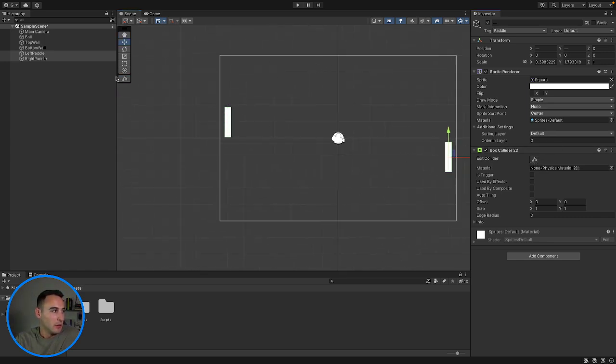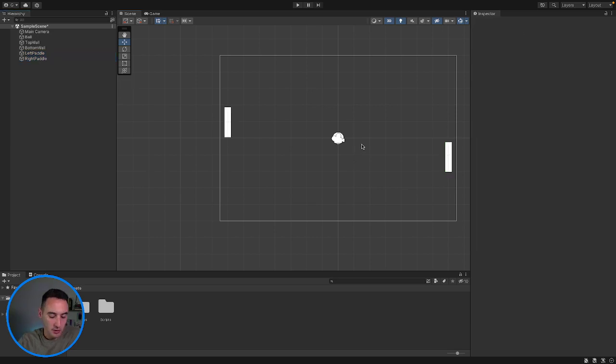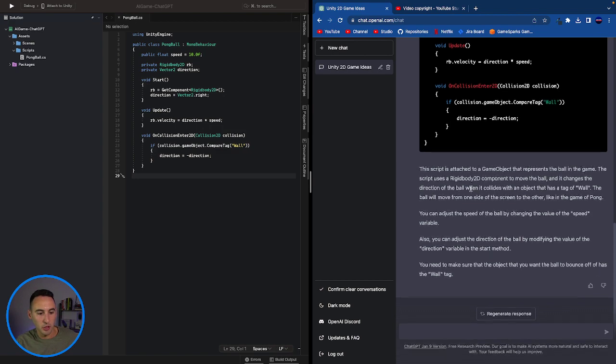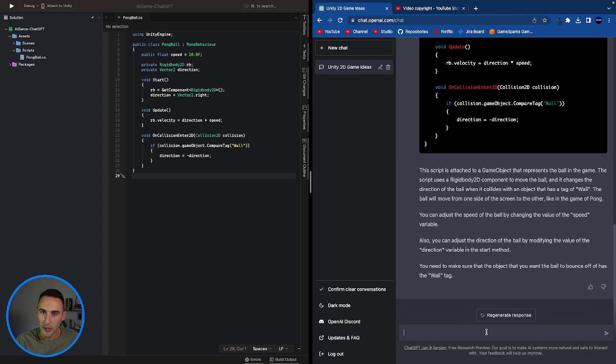So now what we need to do is go and ask ChatGPT to generate some code that will allow us to move our paddles. And by the looks of it, this is probably a simple game that ChatGPT will make, as it is taking very quick. It's not taking very long. We'll probably finish this in today's episode, which is great. But now let's go and ask it to generate some code for our paddles. So